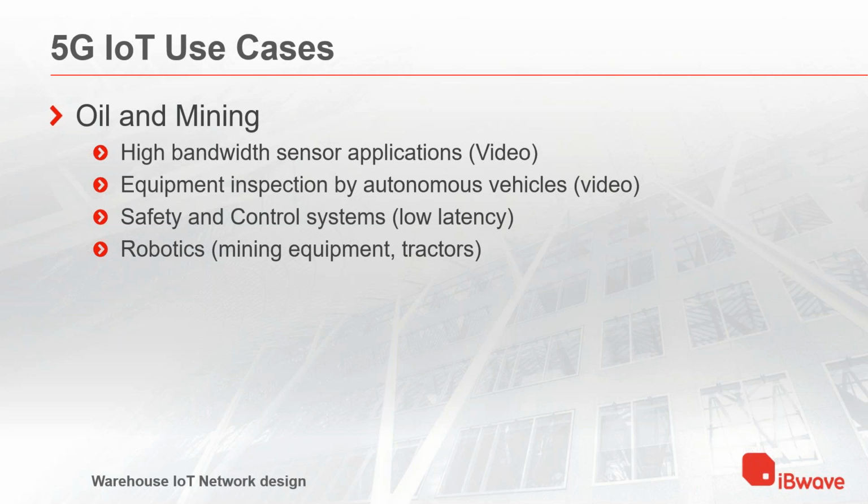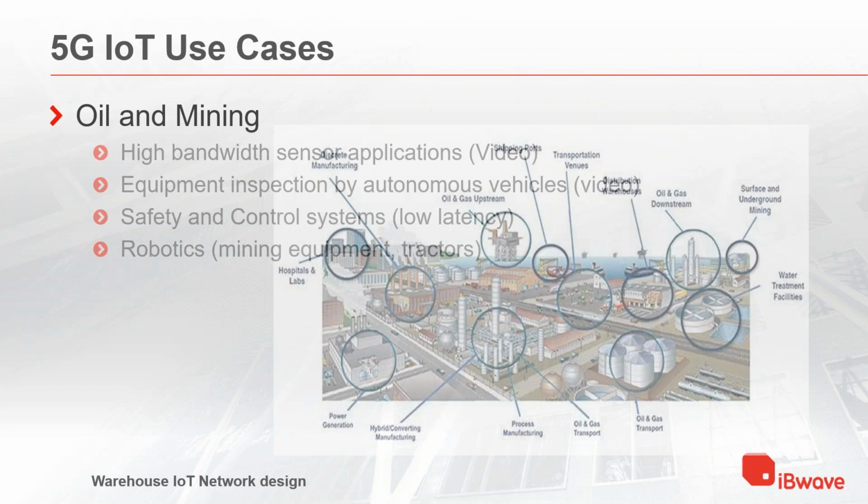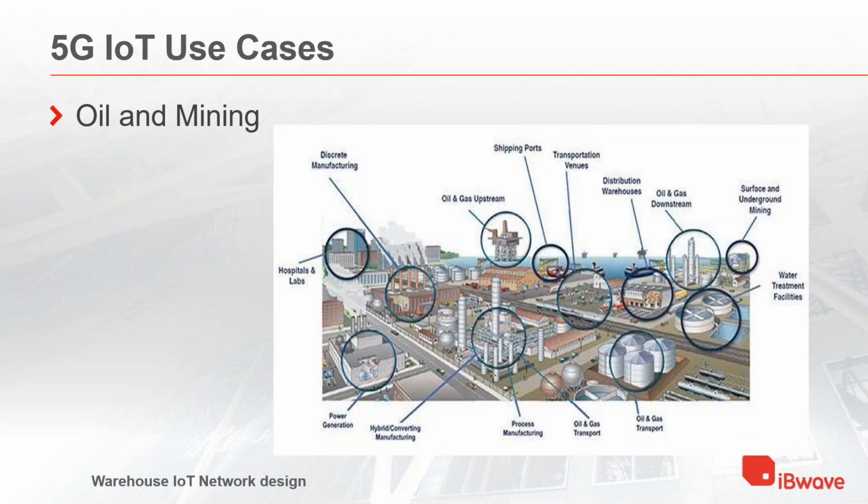Equipment inspection by autonomous vehicles, again, there is a need for video. Safety and control systems, a need for low latency. And robotics. There as well, you would like to see low latency, and for the robotics would be mining equipment and tractors. But when you have oil and mining